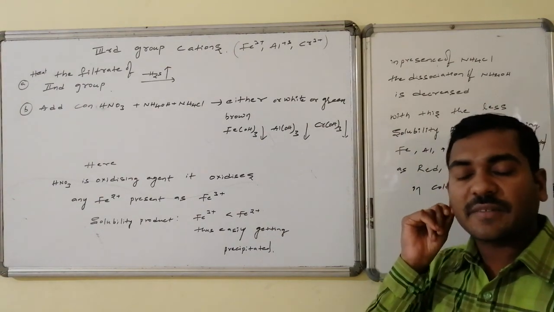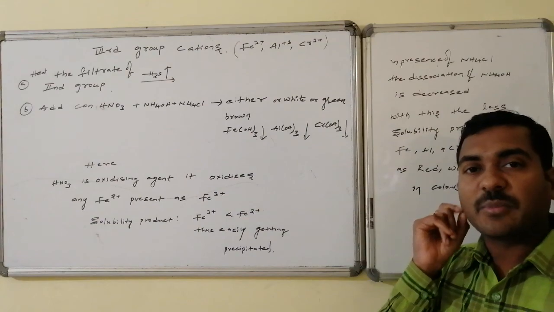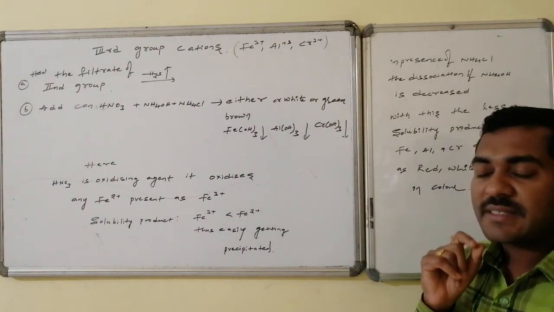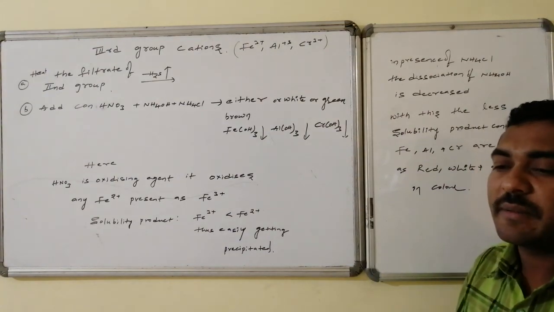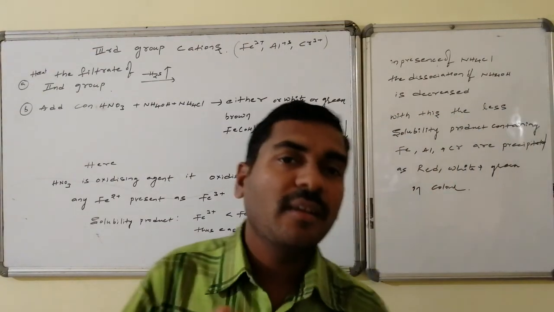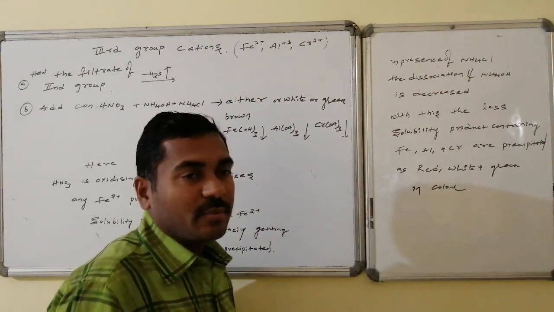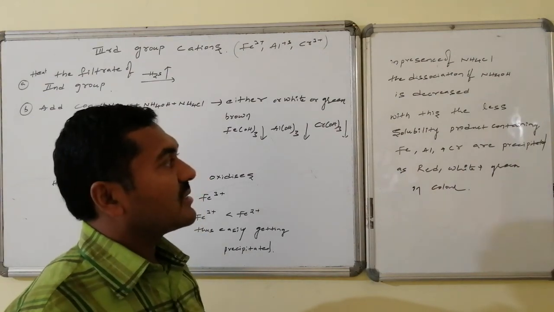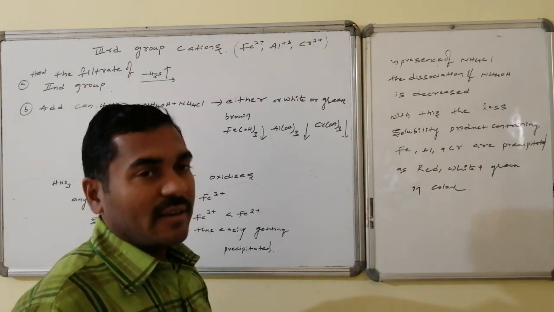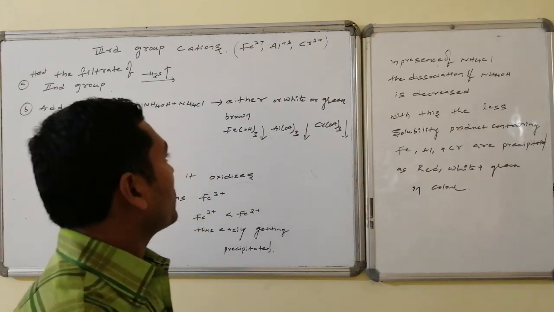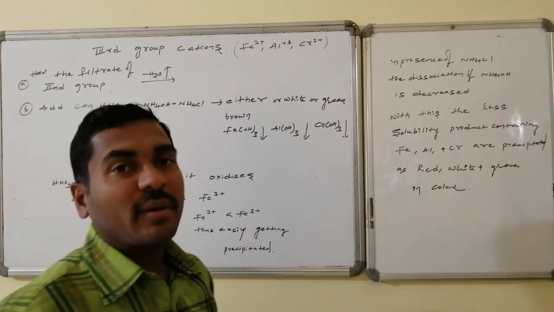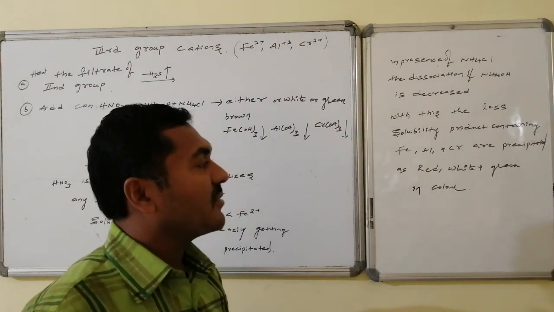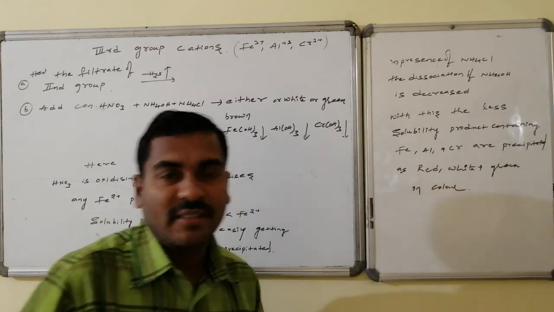It oxidizes whatever Fe2+ is there in the salt mixture to Fe3+, and the solubility product of Fe(OH)3 is very low, so it can be easily precipitated. That is the secret why we are using concentrated HNO3. In the presence of ammonium chloride, the dissociation of ammonium hydroxide decreases. With this small hydroxide concentration, the hydroxides with lower solubility products combine with the corresponding cations and lead to the formation of red, white and green colored precipitates.